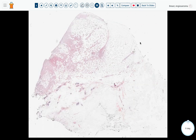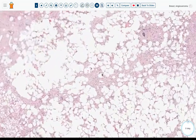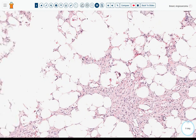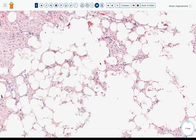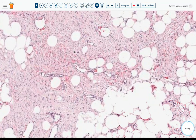This is kind of an odd case. You can see the tissue here. You can see it's mostly going through fat, but it's mostly a spindle cell lesion. So it's probably something to keep in mind that sometimes vascular formation can be hard to see. There are little vessels here, but it can be hard to tell in these spindle cell patterns